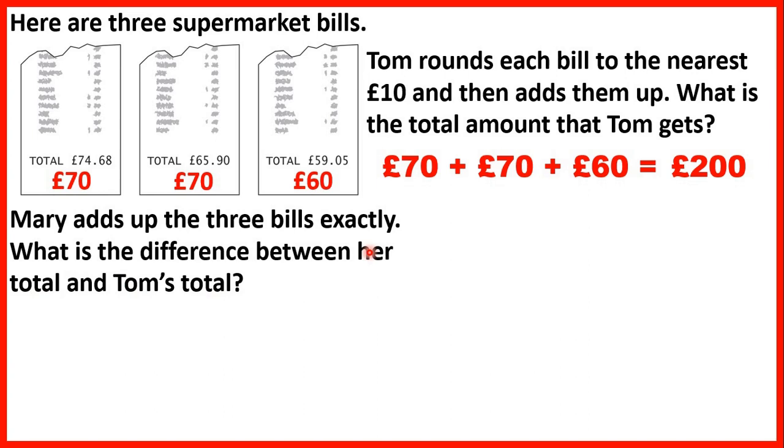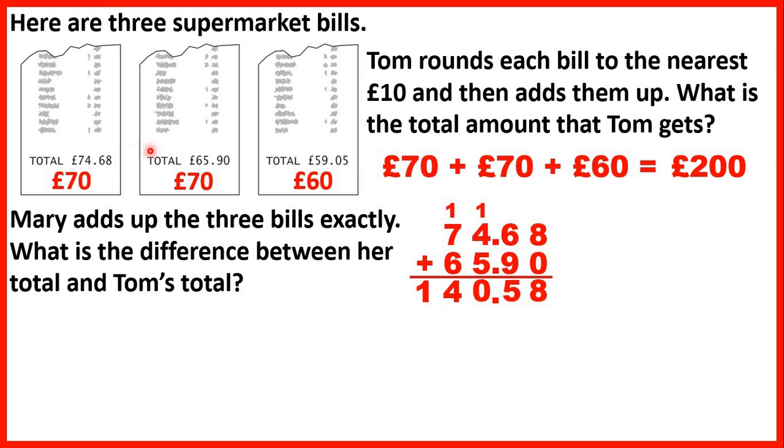So first, we need to find her total when she adds up the bills exactly. So we can add £74.68 plus £65.90, and then we can add the third bill. So we can use column addition, and adding the first 2 bills gives us £140.58. So if we add another £59.05, that gives us a total of